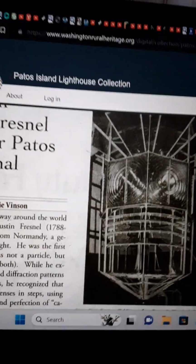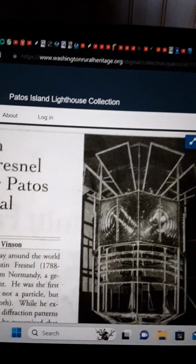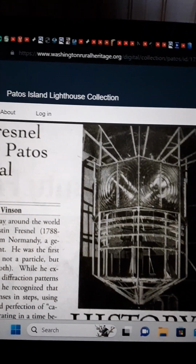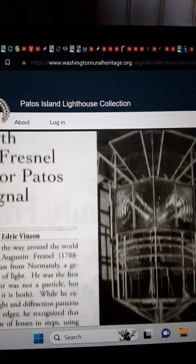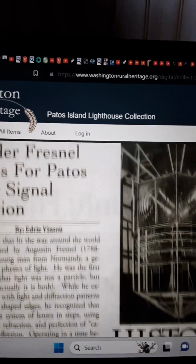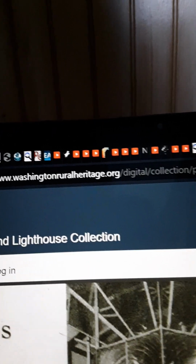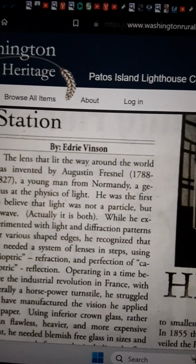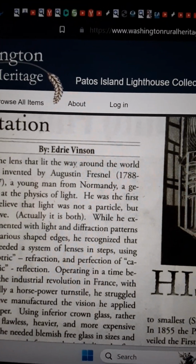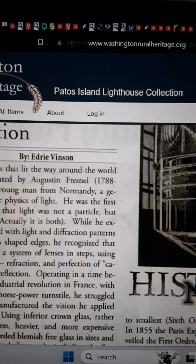So I wanted to go to this site here, which is another site. I want to look at a fourth order Fresnel lens, as it's pronounced. And by this article, the old picture was put here on this place. This is WashingtonRuralHeritage.org digital collection. The lens that lit the way around the world was invented by Augustin Fresnel, 1788-1827, a young man from